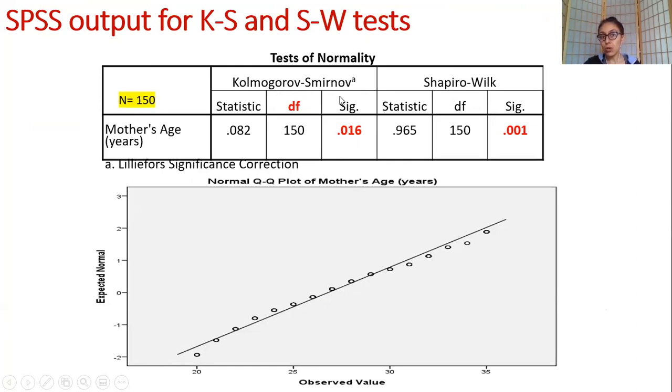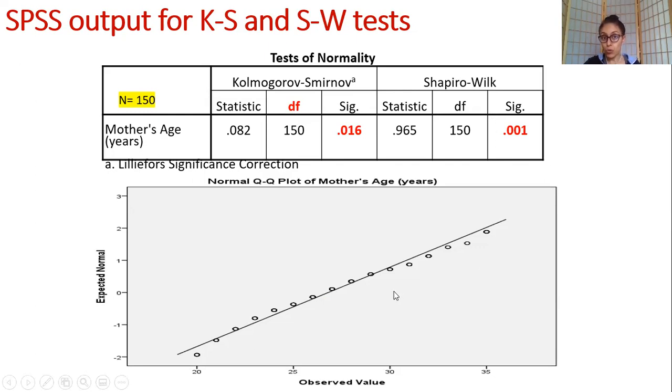But look at this over here. The KS test is telling you that this is a significant number. And SW is also telling you that this is a significant number. Just by looking at this number, you would become apprehensive and think, oh, mother's age is not normally distributed because the KS and SW tests are significant. Your sample size is not incredibly big. It is 150. It is not that incredibly big, but it is still telling you that this is not normally distributed,